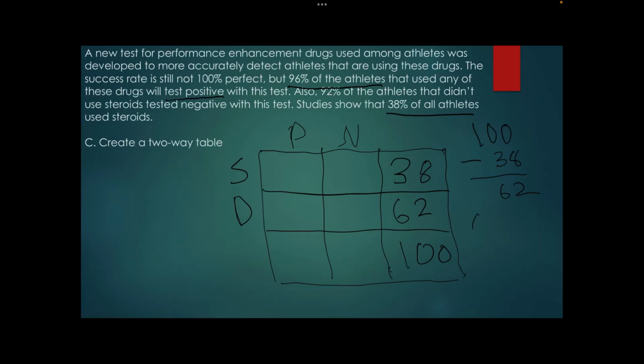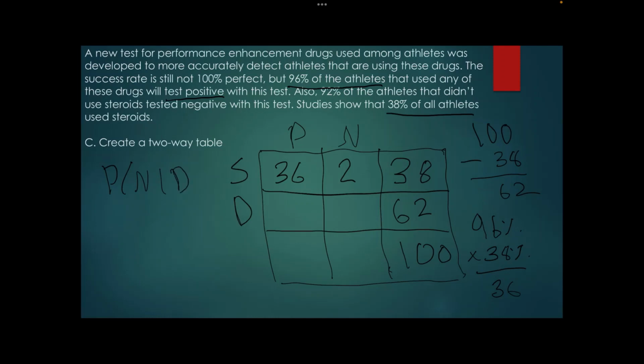So now we do 96% of 38, which is 36. So now that we know only 36% of athletes will test positive, and that means that the other 2% will test negative. To find out someone who tested negative, the probability of someone who tested negative given that they did not use steroids,